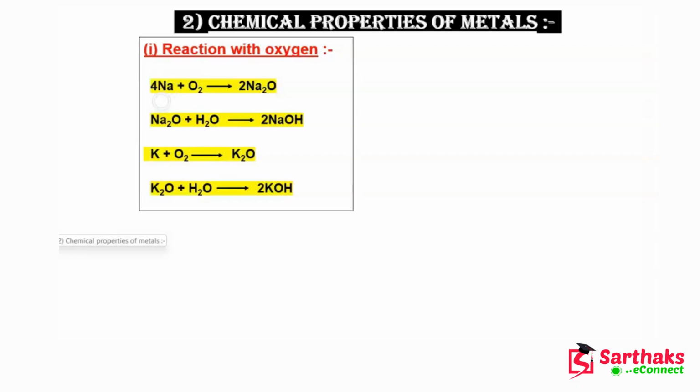You can see here that sodium is reacting with oxygen and sodium oxide is formed. Now when this sodium oxide reacts with water, it will form sodium hydroxide, which is a base. Because it is forming a base, we can conclude that metallic oxides are basic in nature. If you are not able to understand by this example, then we can take another example as well,